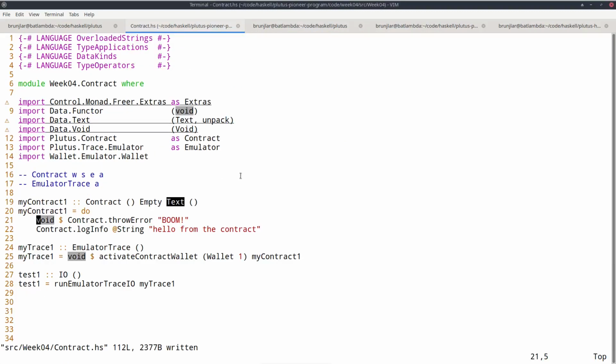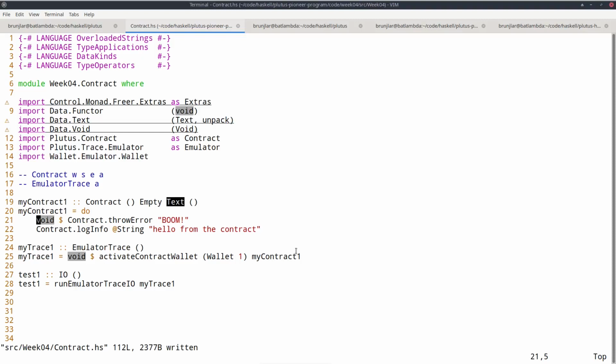So this behaves as you would expect of an exception, that execution stops at the moment an exception is raised. That's the same as we saw in Maybe and in Either. As soon as we got the Left, as soon as something went wrong, the rest of the computation was ignored. So here, because the exception is thrown in line 21, we never get to line 22 and we don't see the log message. We can not only throw exceptions, we can also catch or handle them.